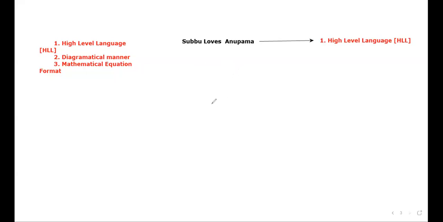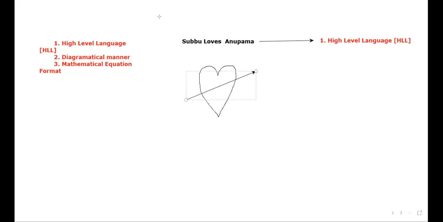Just a minute. I'll not be able to write the heart symbol properly. Trust me, it's very difficult to write it on this particular whiteboard. It feels very simple for you people, but actually it's very difficult.